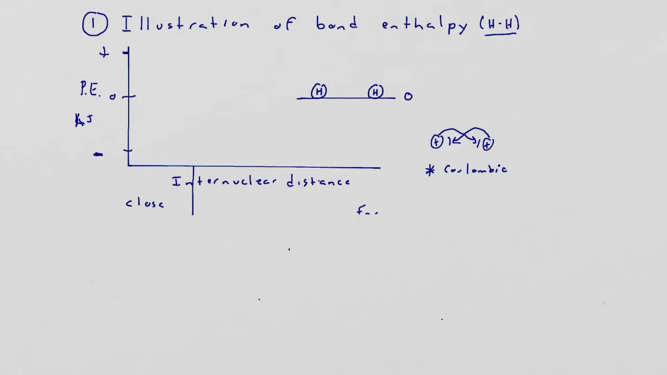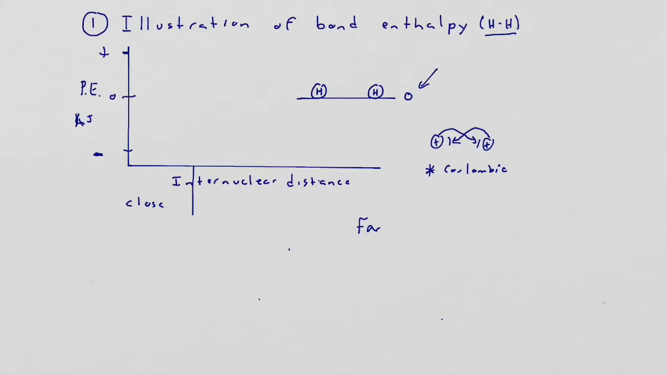So I erased that. Okay. On the right-hand side, things are far apart. And on the left-hand side, things are going to be close together. All right. So when atoms are very far apart, there's zero potential energy associated with them because they're